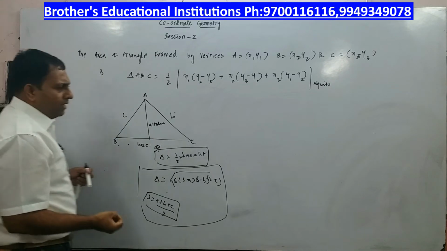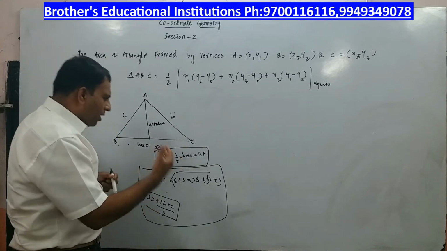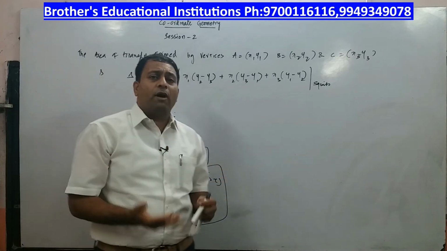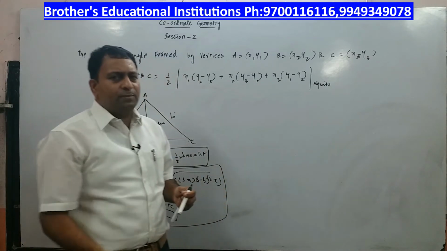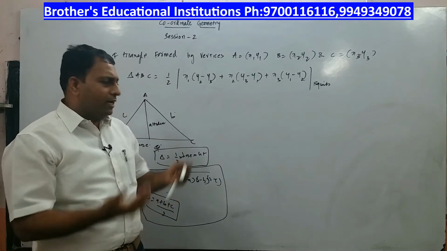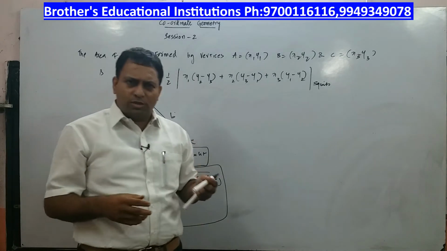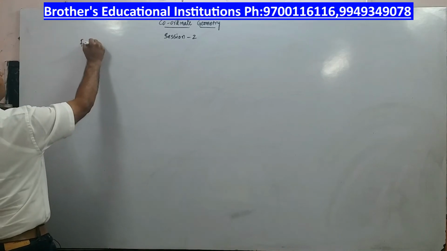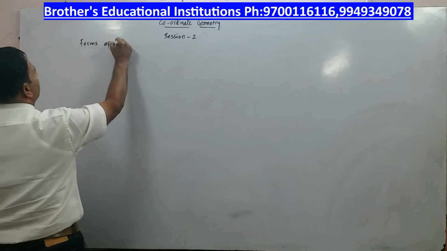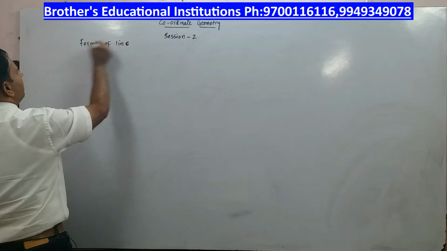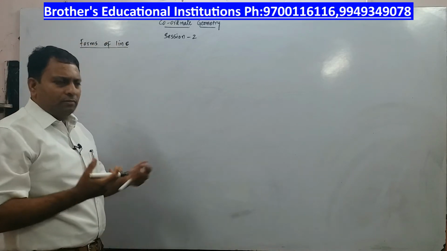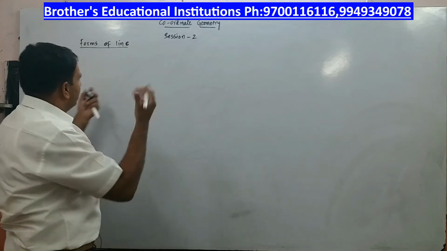So I want you to give a pause for this, and after this we are going for the different forms of lines. So please be ready with pen and paper and try to copy all that in your notes. So pause the video and copy. Forms of line. Means line is same, but we try to represent in different forms, right? God is one, but you have different forms of God, just like that.